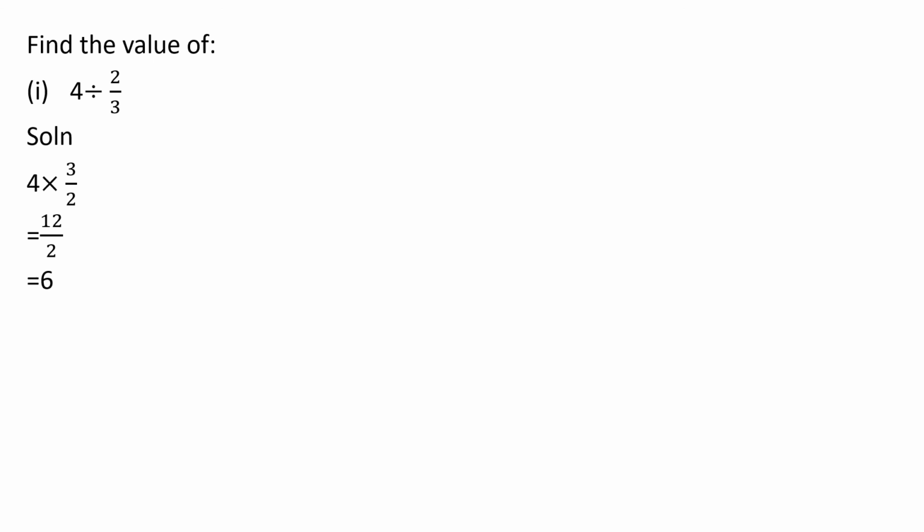Okay, next one, here we will apply the reciprocal method, right? Find the value of 4 divided by 2 by 3. So we want to change this division symbol to multiplication, so we will go for the reciprocal method. So 4 into this one we change to reciprocal. So 3 comes to the numerator and 2 comes to the denominator. So 4 threes are 12. 2 into 1, 2. So we have cancelled it and written, right? 1, 2 is 2, 6 twos are 12.